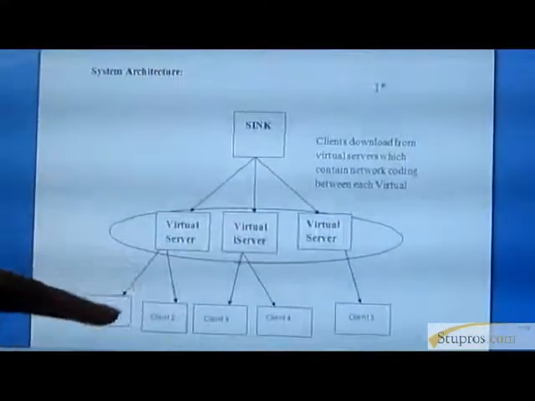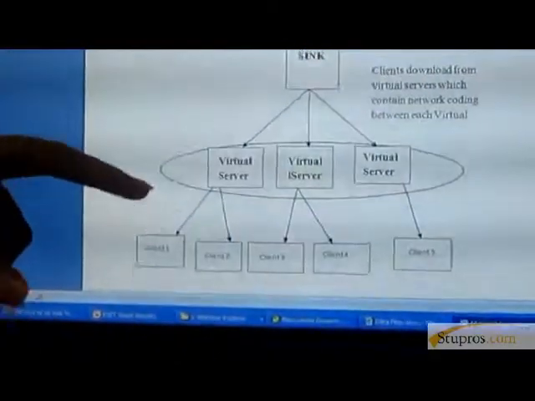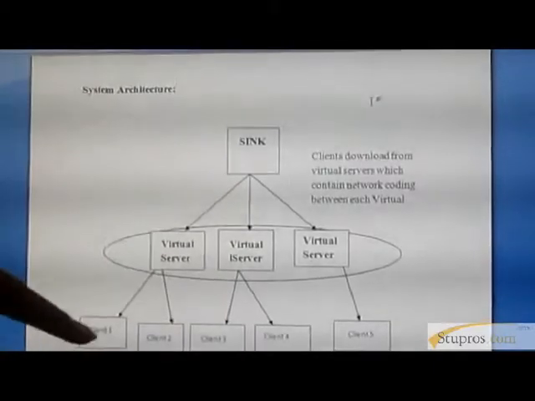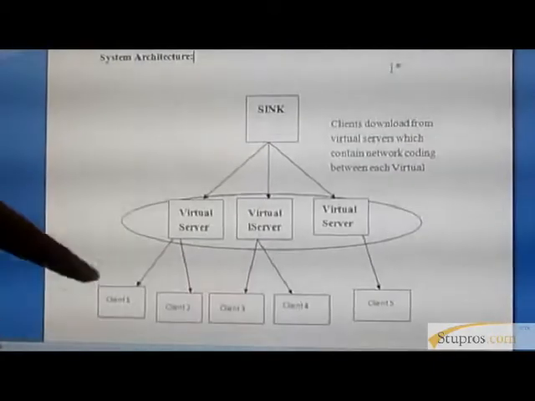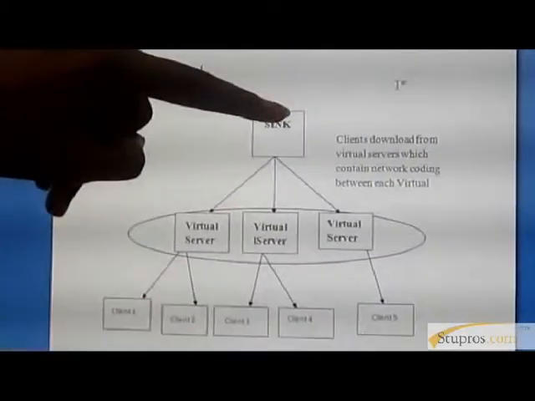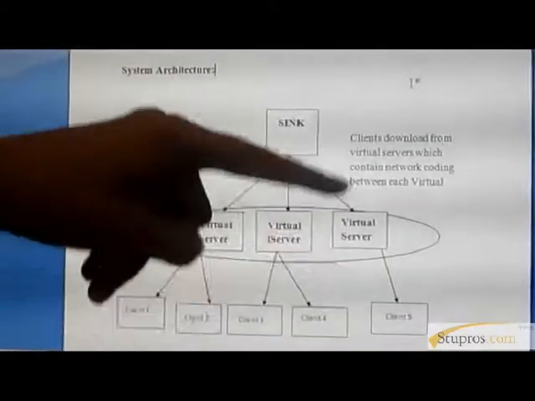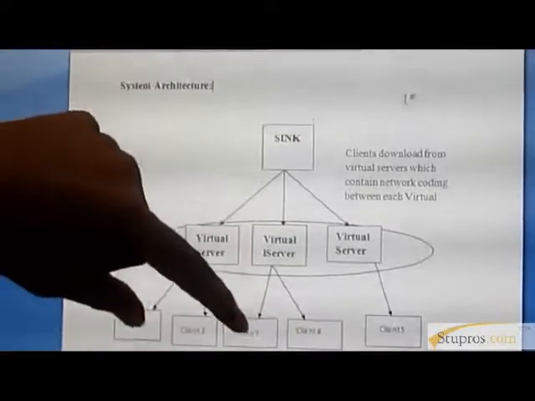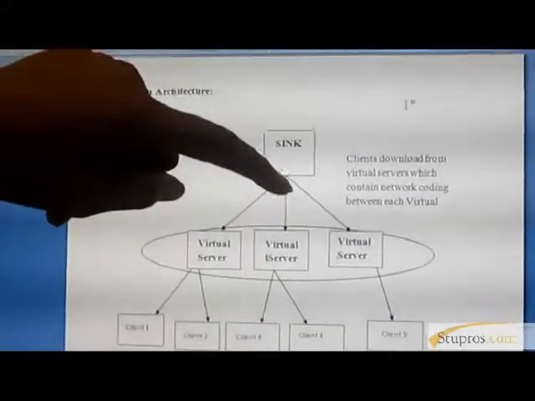In this, the client is going to log in to the server page, and the client is going to request the sink to download some file. So if three clients give the same request, the sink will separate the video into three parts, and